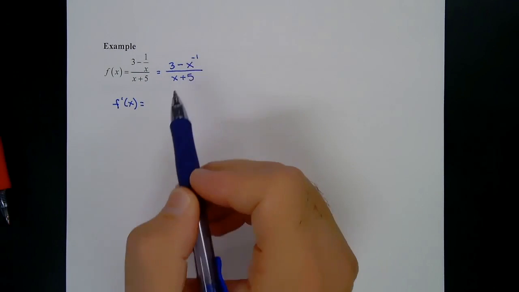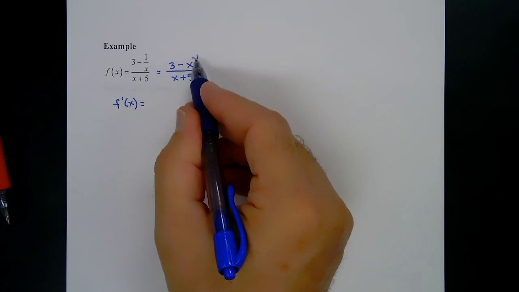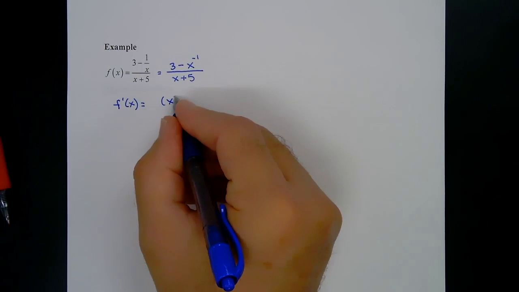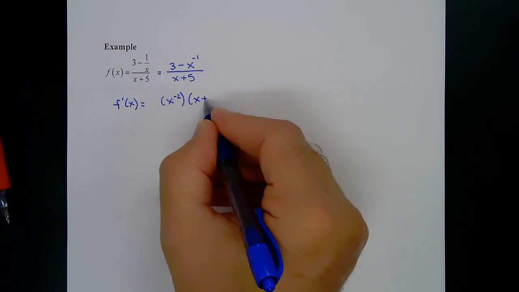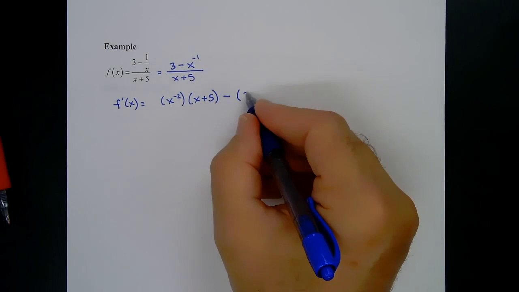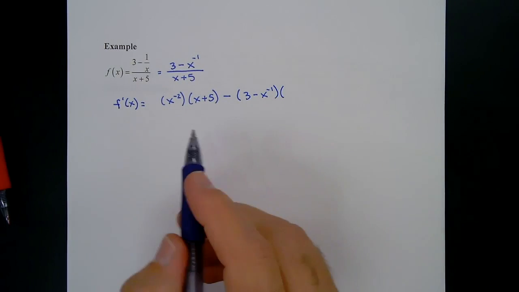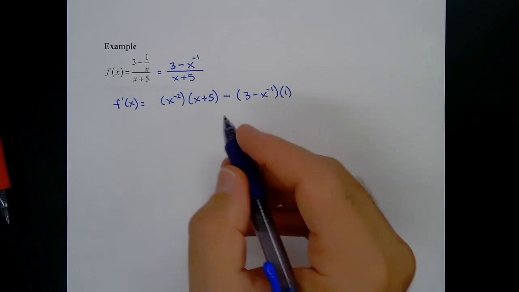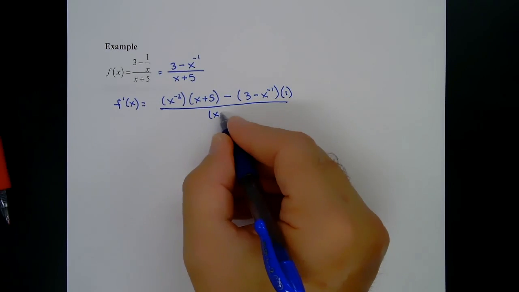A negative times a negative is going to be a positive. And we got to subtract 1 from this power. So that's going to be positive x to the negative 2, or just x to the negative 2, times the bottom, which would be x plus 5, minus the top, which is 3 minus x to the negative 1 power, times, and then the derivative of the bottom would just be 1, all over the bottom squared. So x plus 5